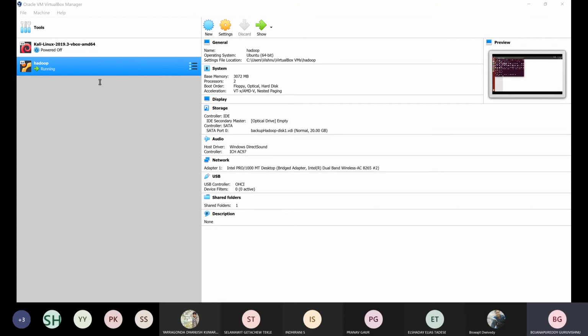Can you see my screen now, sir? Yes, I can see it, no problem. Then we have to go to the Hadoop command. Whatever you are writing is not visible.